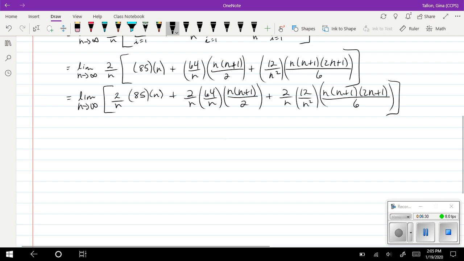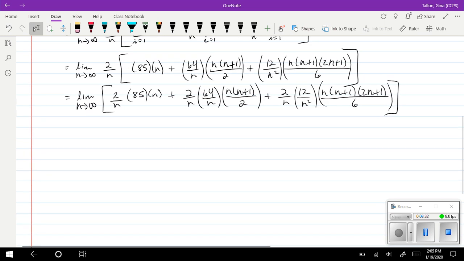And now that my distribution has happened, I need to simplify things down as much as possible. So this gives me the limit as n approaches infinity. And the more intuitive you are, the faster you can get this process done from here. So I'm just going to take my time, but I'll talk to you about it in just a few more minutes. My n's divide off here and here, and then 2 times 85 is going to give me 170, plus